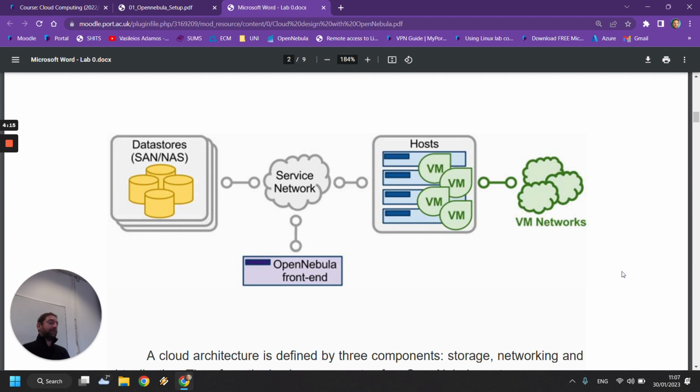The component that's slightly irrelevant to all of them is the virtual machine networks. So your virtualization hosts will start up a variety of virtual machines. Depending on the size of the cloud, there can be tens or hundreds or thousands of virtual machines that are running. Okay, all of them need to be able to communicate with the virtualization host, and in some cases they might need to be able to communicate with each other as well, so that they can basically provide the connection that you need in order to do whatever it is that your business is doing. All right. And of course,